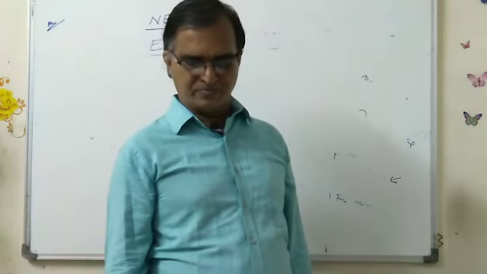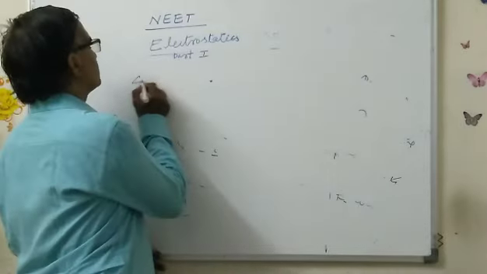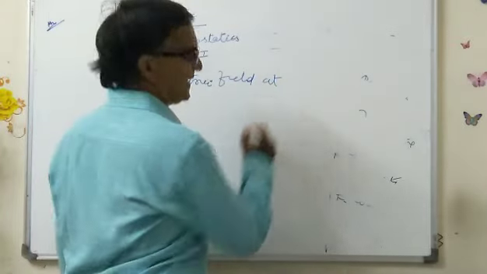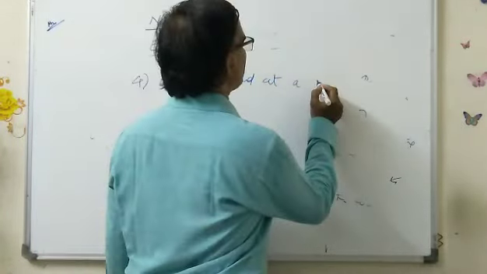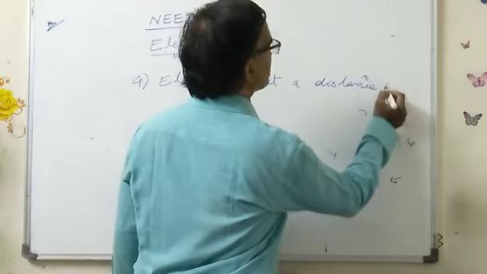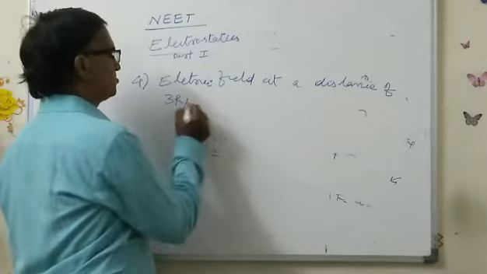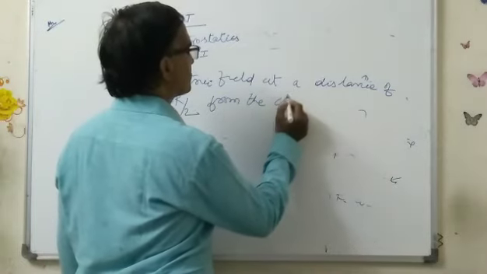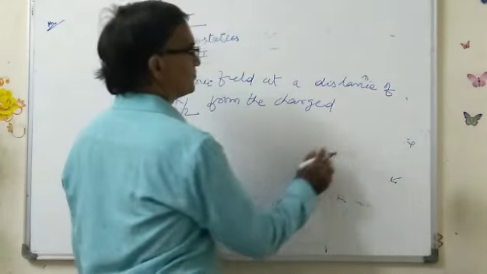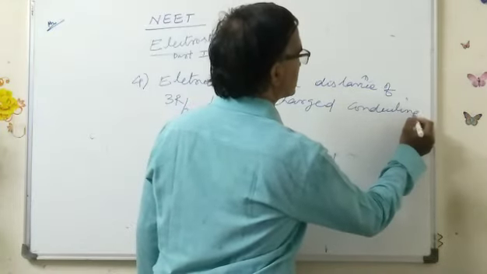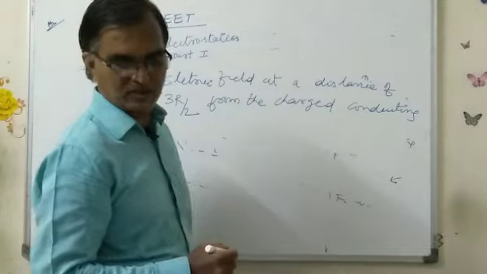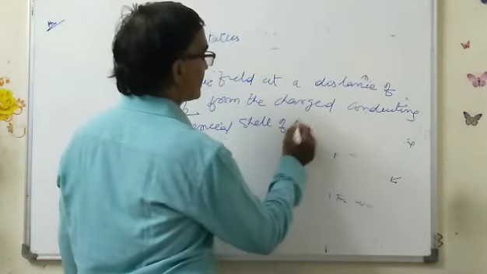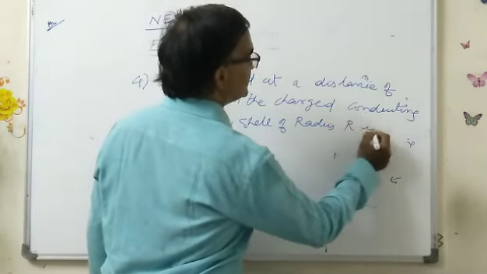Now the electric field at a distance of 3r by 2 from the charged conducting spherical shell of radius r is